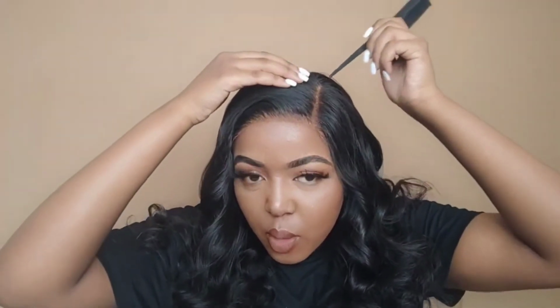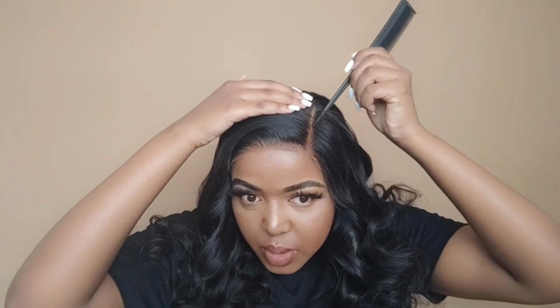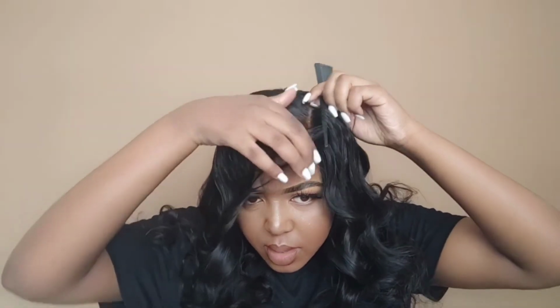And you can wear it as a lace closure if you want to, because there's so much parting space. Like, you have a lot of options on what exactly you want to do. Or you can wear it as a frontal, kind of the way I'm wearing it. So it's completely up to you. I do think my parting is a bit skewed, so I'm going to reopen this parting. You guys can see it's a bit skew right there, so I'm just going to reopen it that way